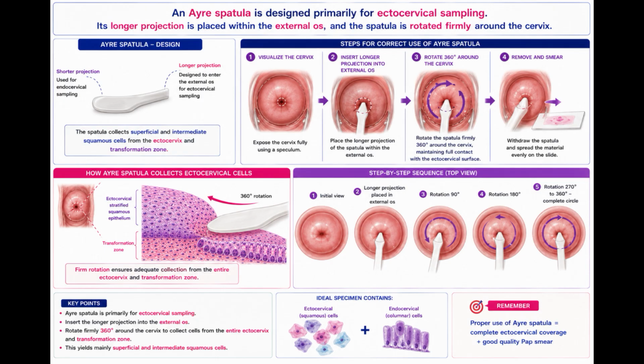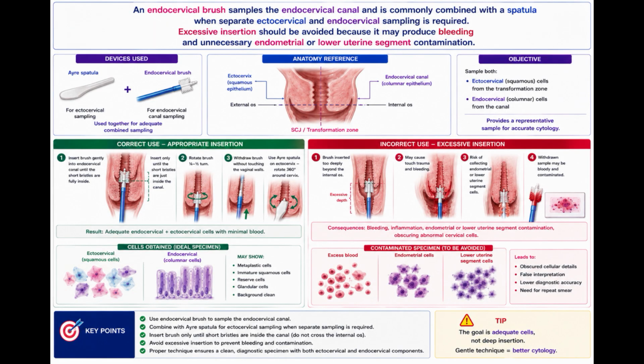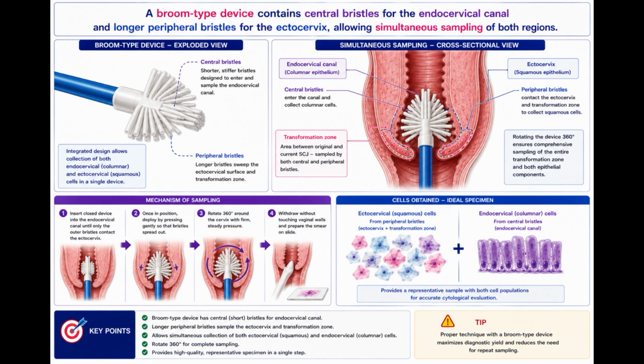Its longer projection is placed within the external os, and the spatula is rotated firmly around the cervix. An endocervical brush samples the endocervical canal and is commonly combined with a spatula when separate ectocervical and endocervical sampling is required. Excessive insertion should be avoided because it may produce bleeding and unnecessary endometrial or lower uterine segment contamination. A broom-type device contains central bristles for the endocervical canal and longer peripheral bristles for the ectocervix, allowing simultaneous sampling